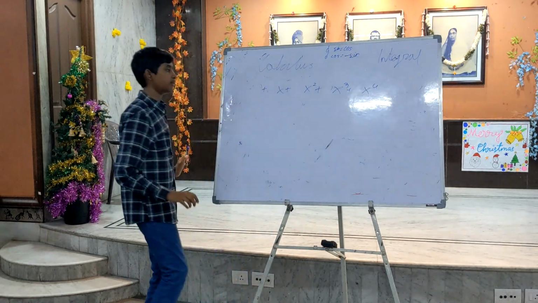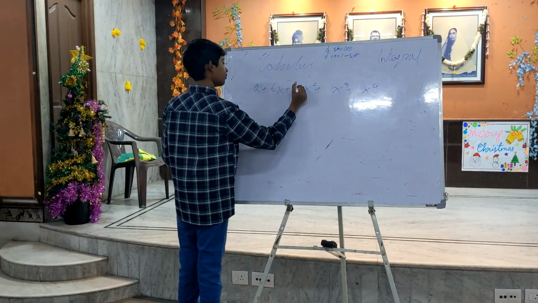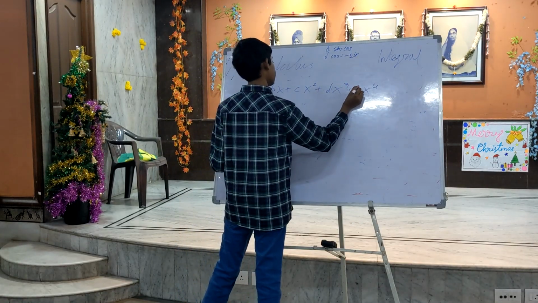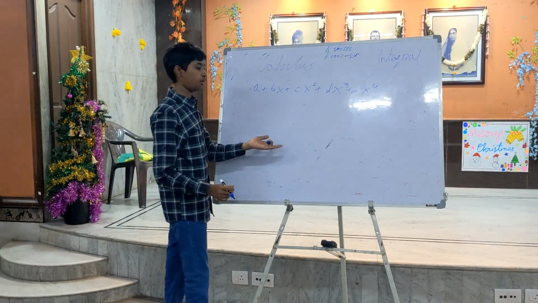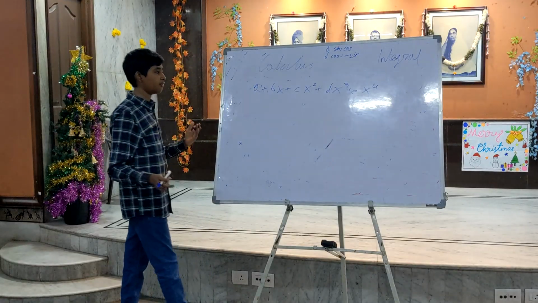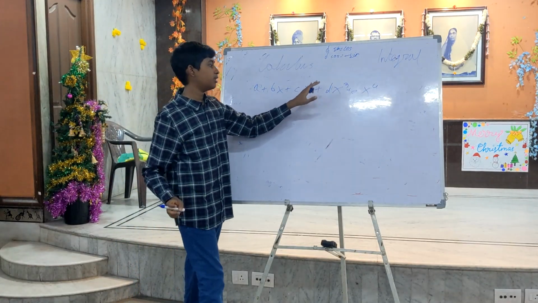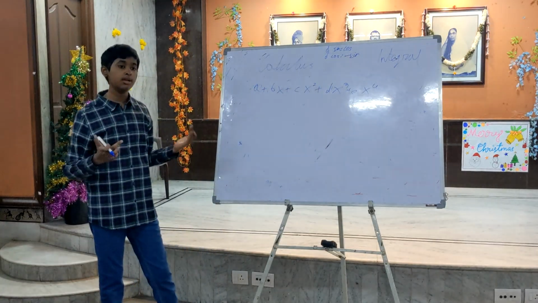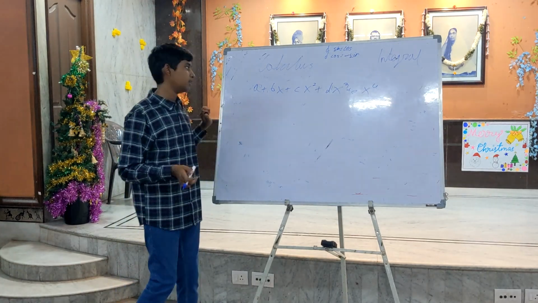So I'll just show a few examples of derivatives of polynomials. I might construct the polynomial like so: a plus bx plus cx squared plus dx cubed plus ex to the fourth. This is an equation that you find as a polynomial where a, b, c, d, e can be any value. You can cut it off earlier. For example, if you ignore d and e, just a plus bx plus cx squared, it is called a quadratic polynomial. And like that, you can cut off at any point. But I'm using this for my illustration.